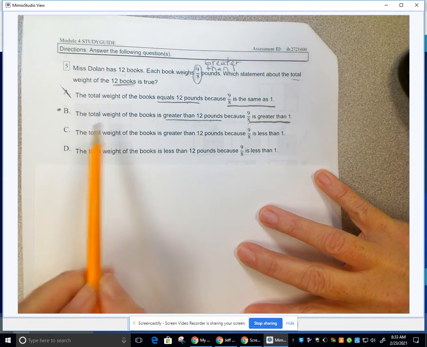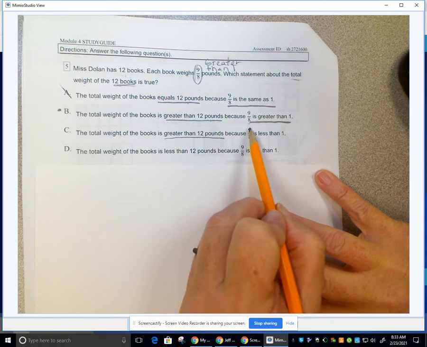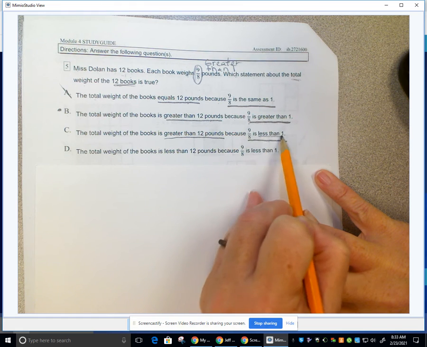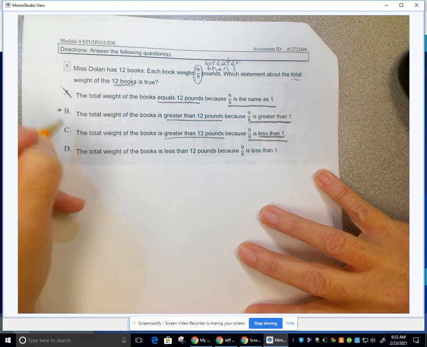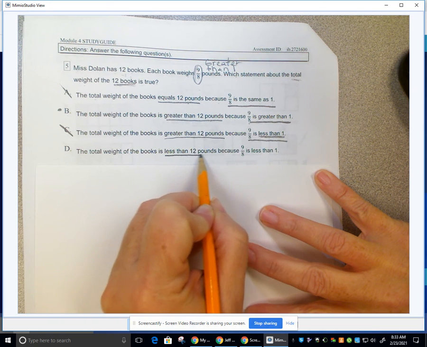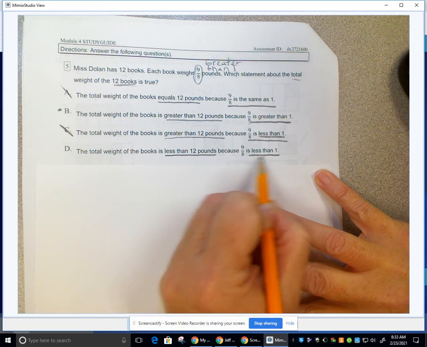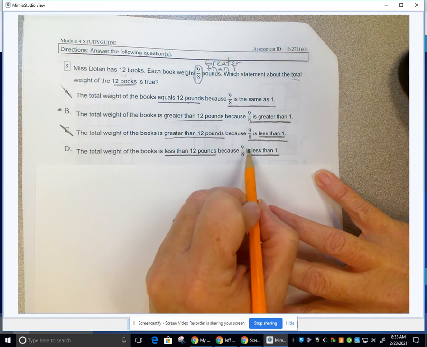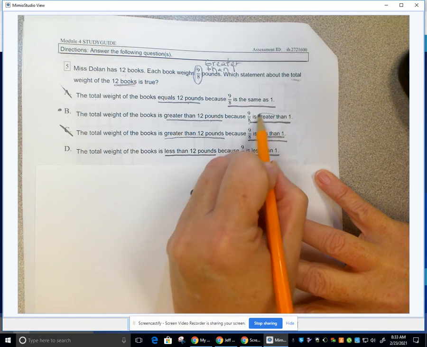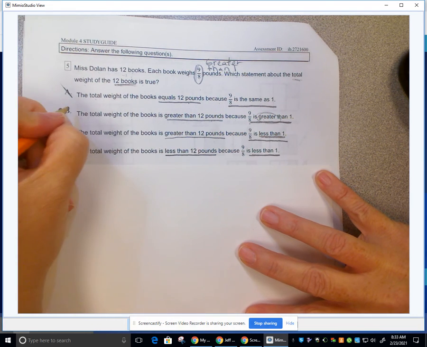Let's go to C. The total weight of the books is greater than 12 pounds because 9/8 is less than 1. Wrong. I don't like that one. The total weight of the books is less than 12 pounds because 9/8 is less than 1. Again, I don't like what that's saying because we know 9/8 is greater than 1. So I don't want D. So the answer I want is